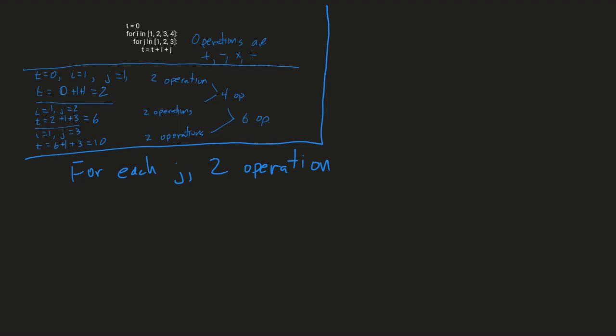We add t to i and then add j to that. So we have two operations for each j. Since there are three j's and two operations per j, that's going to give us 6 operations for each